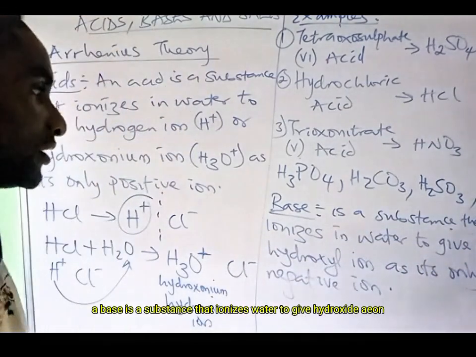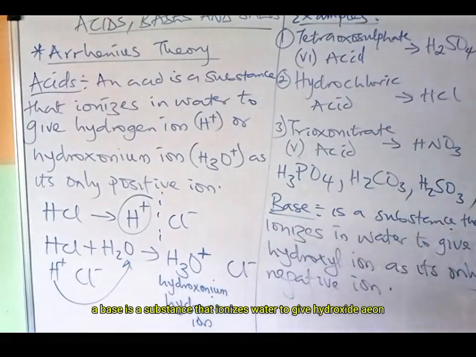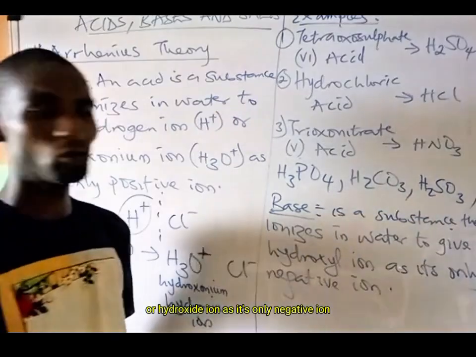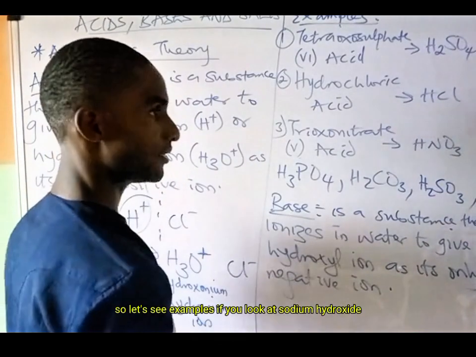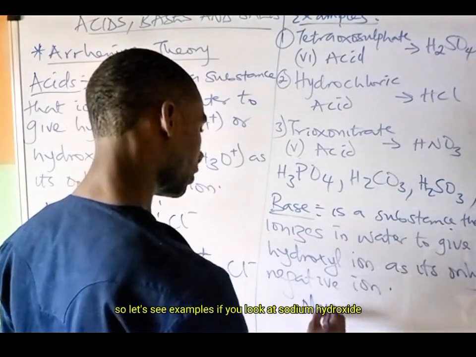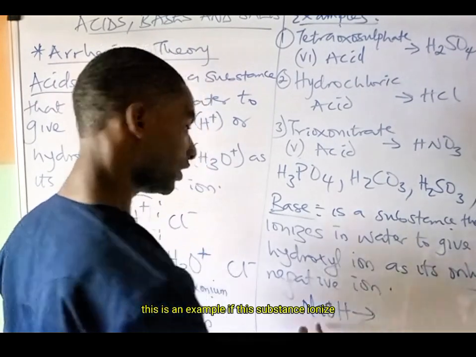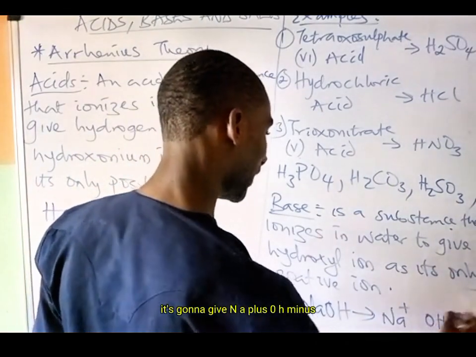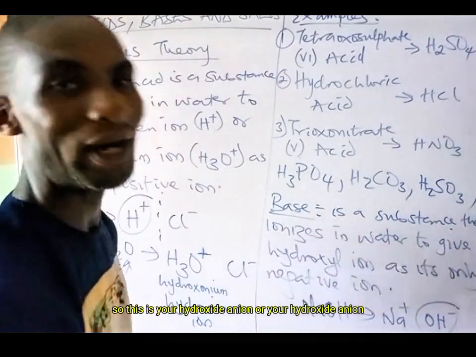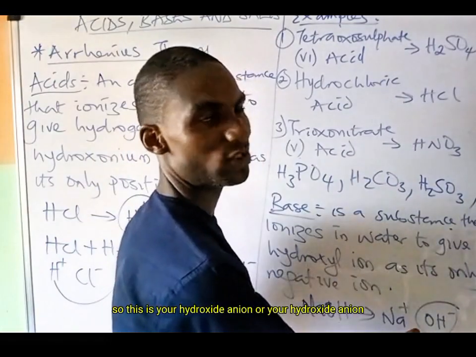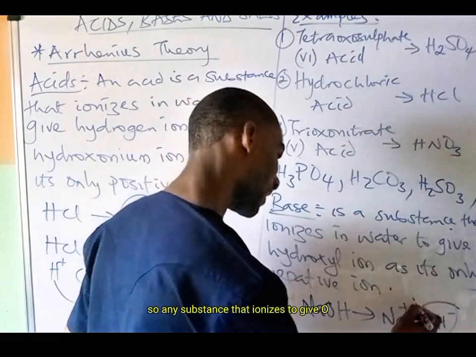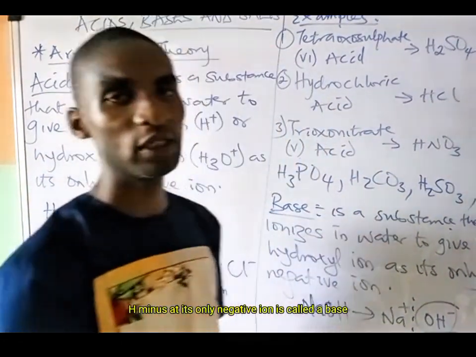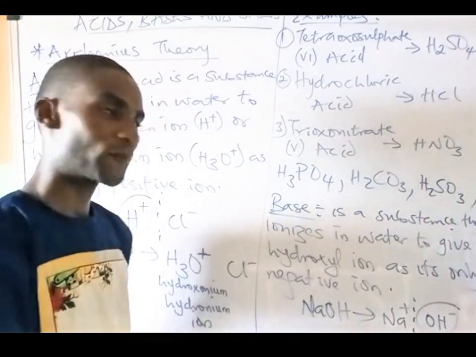That is a base. A base is a substance that ionizes in water to give hydroxyl ion or hydroxide ion as its only negative ion. So let's see examples. If you look at sodium hydroxide, this is an example. If this substance ionizes, it's going to give Na plus and OH minus. So this is your hydroxide ion or your hydroxyl ion. So any substance that ionizes to give OH minus as its only negative ion is called a base, according to